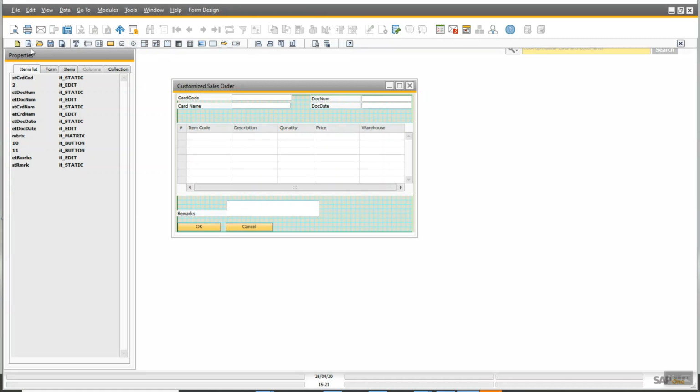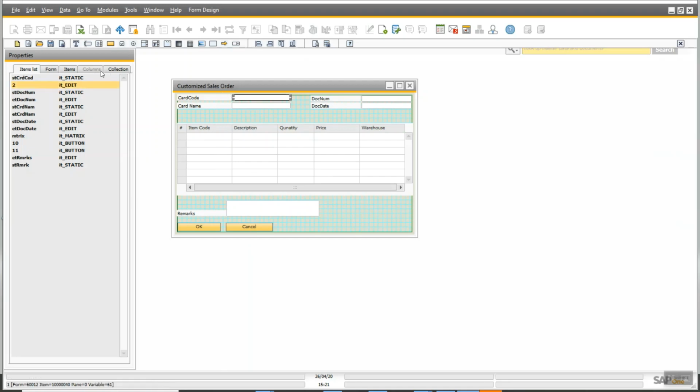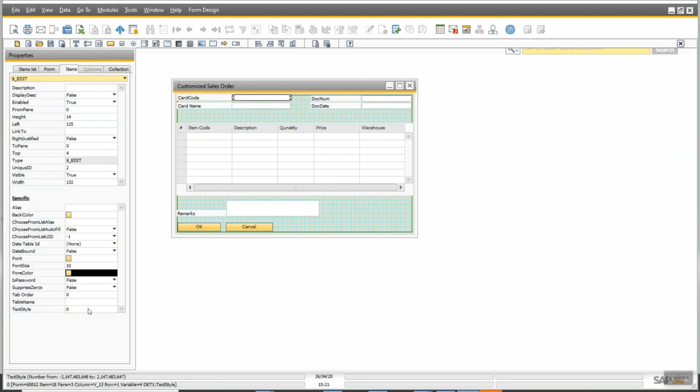So let me preview it first. You can see, and you can also see from here, View System Information, that these form fields are not bound with any table. So close it and let's start to bind. Put the table name here first, @demo_ordr. Here is the alias, which means the field name. And the data bound property would be true.